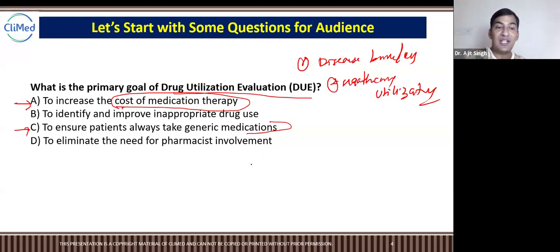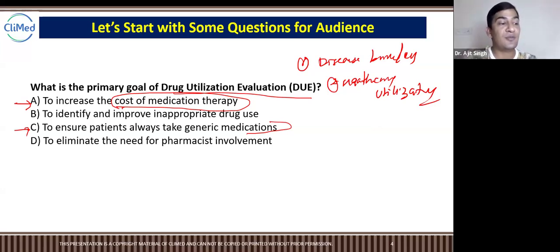Remember, taking generic medications or not taking generic medications is 100% the decision of the patient. The doctor or pharmacist can just suggest, but they cannot participate in the decision making of the patient to take what kind of medicine they want. And to eliminate the need of pharmacist involvement, definitely not, because DUE or DUR is for the pharmacist,